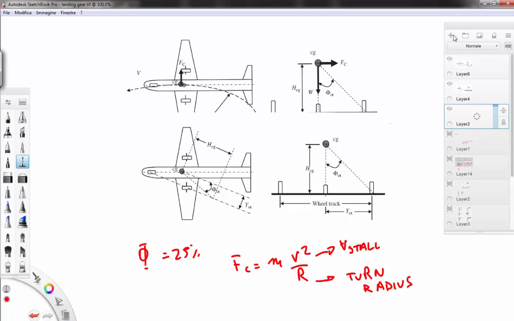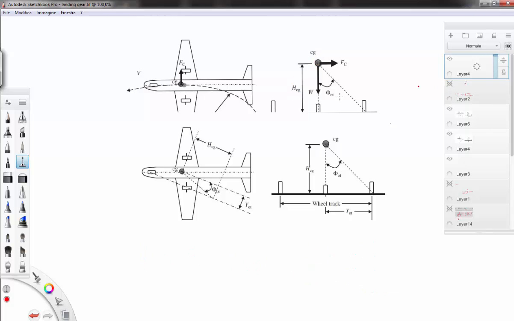After some calculation and consideration, taking into account the distance from the ground to the center of gravity, track can be calculated with the following formula, which is track 2 F CG